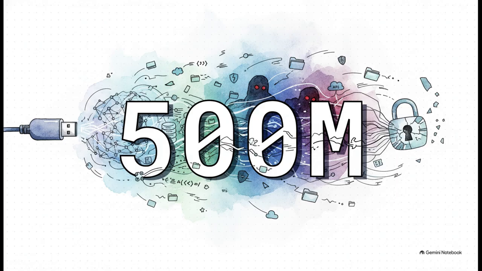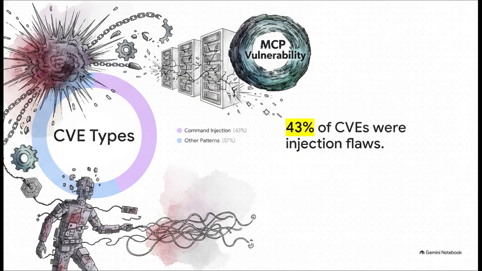That whole USB-C for AI framing prioritized incredible speed and frictionless adoption way over security. Developers were just plugging AI agents into local file systems, databases, and enterprise APIs at a breakneck pace. And, well, that scale brought an explosive threat. During a massive cross-ecosystem disclosure spike in early 2026, a staggering 43% of the 30-plus recorded CVEs were shell and command injection patterns. We're not just talking about a minor bug here. This was a systemic flaw in how agents were processing instructions.